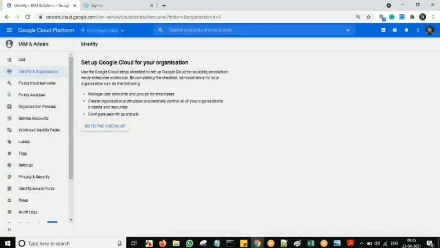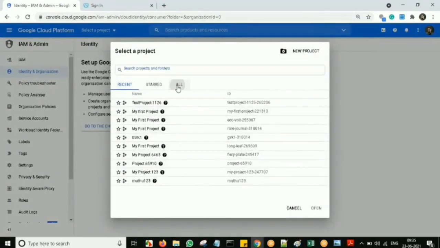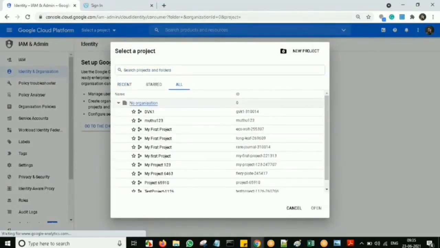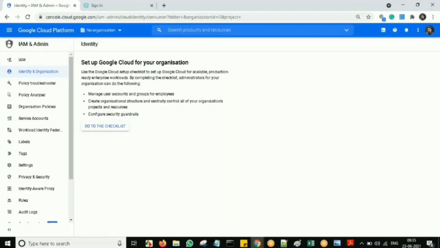In the previous sessions and all our previous batches, I was going without an organization only. Now ultimately we can enable one organization for this account. The same way in your case, you can also come to this identity and organization. In this identity and organization you can enable it. Even in the previous session, in our IAM session, I mentioned a cloud identity domain. The cloud identity domain is nothing but your own domain. We are going to enable with that.